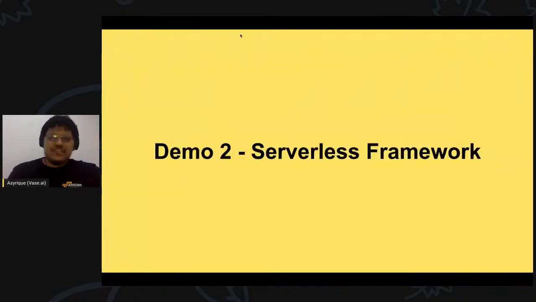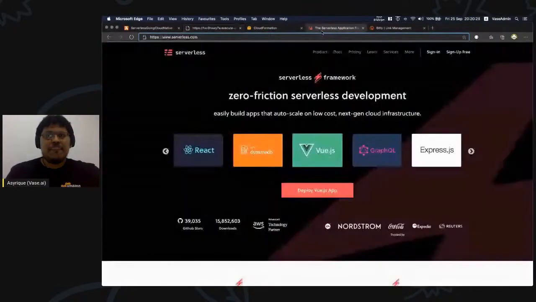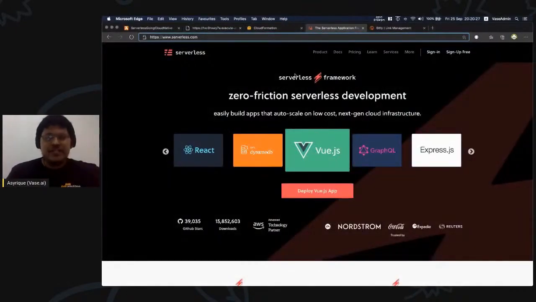So some of you might be thinking, okay, that's all well and great, right? But I'm not going to write my application in the console. That's not a great developer experience. How do I even install npm or pip packages? So that's where the serverless framework comes in. Now, the serverless framework is not actually by AWS. It's by a separate company.